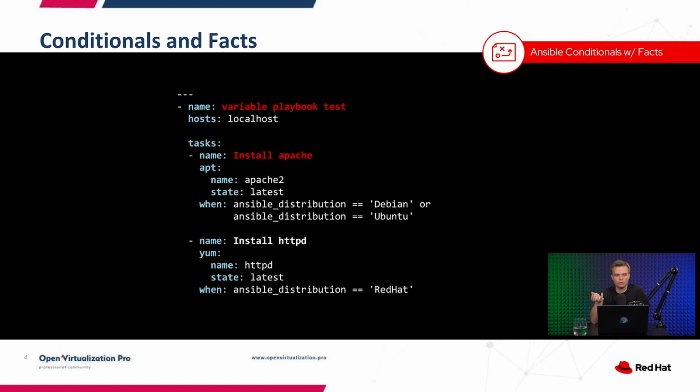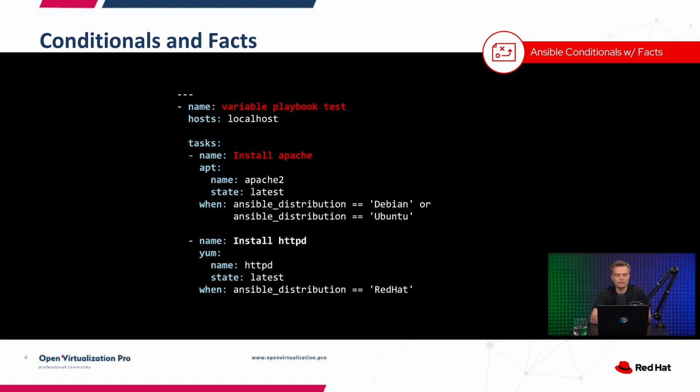Now, conditionals can also use facts. You can say that a fact is sort of a variable, either defined by you, like with the set_fact module, or provided already by the Ansible engine when these facts are gathered during the execution. So fact gathering is a process that is usually executed as the first step before any other tasks are being executed. It can be optionally disabled,